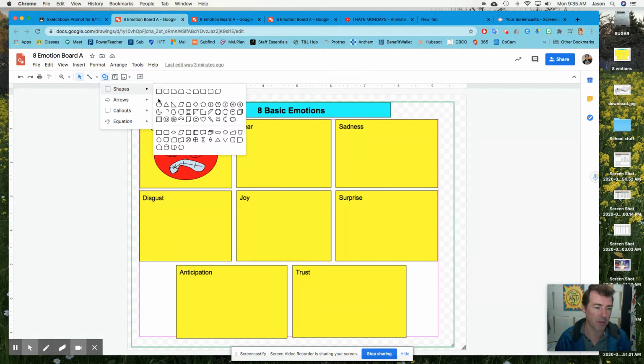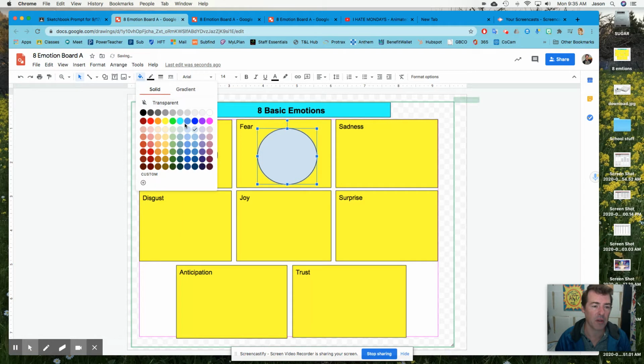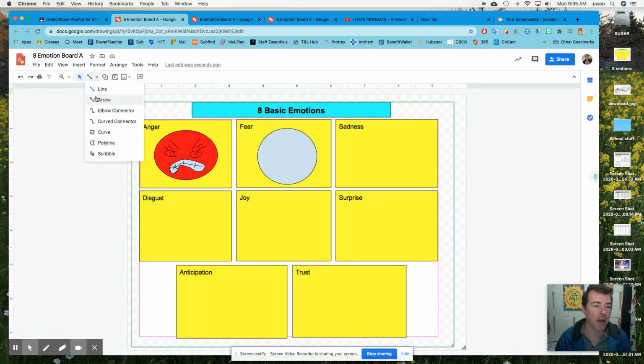So I'm going to go Shape and Circle. Click and drag across to get my circle. I can fill it in with a color. I'm going to say blue-gray would be my color. And then I'm going to do a line, and I'm going to use a scribble because I'm going to make some